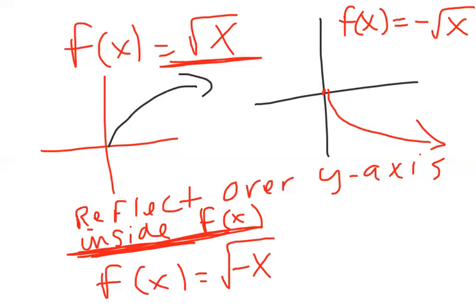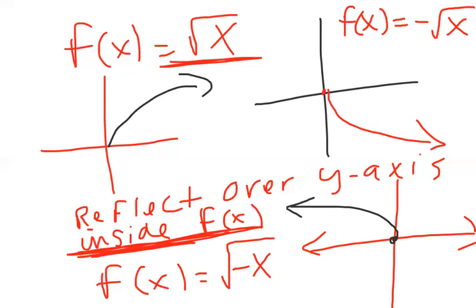So there's the negative inside the function. What is that going to do to the graph, guys? Rather than the graph opening towards the right, the graph is now going to open towards the left. Now, I know what some of you are saying. Wait a minute, I thought we couldn't have any negative values under the root. You're absolutely right. But guys, what if we were able to find x values that could cancel out the negative